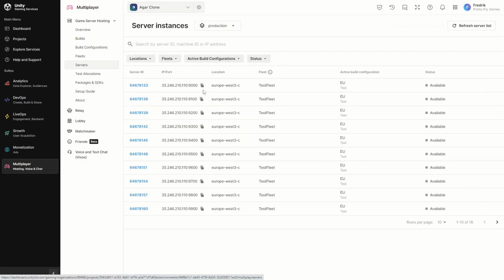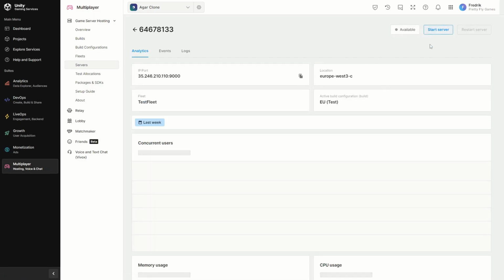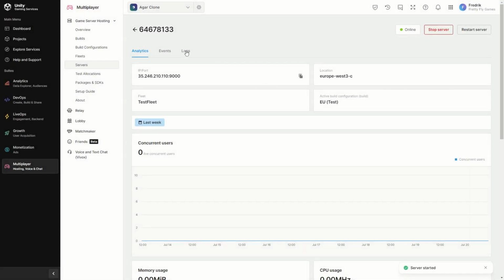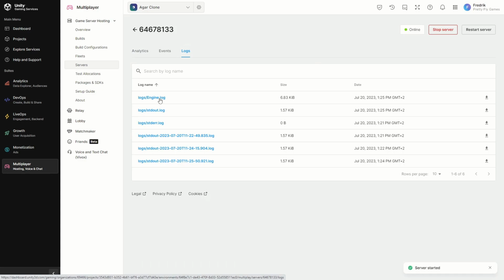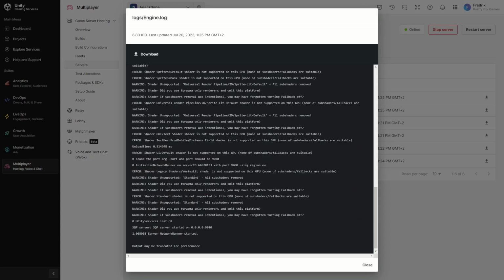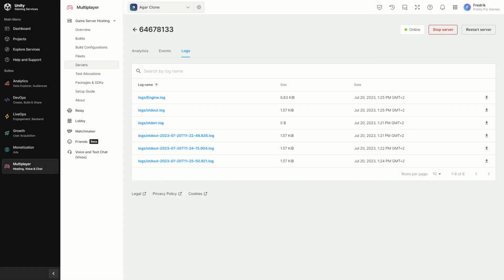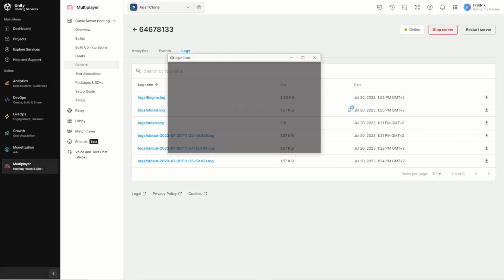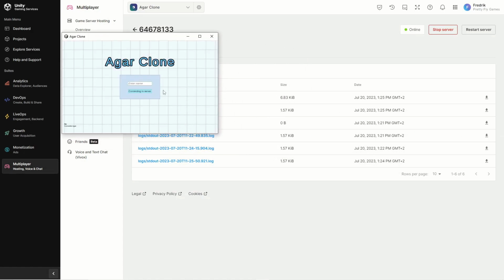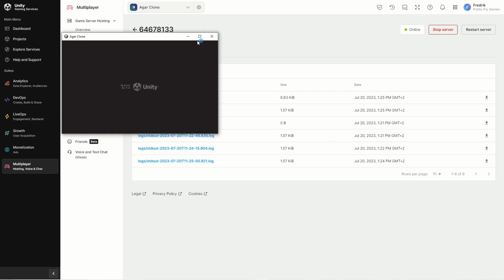Then let's just start up one of the servers. Start server. And then let's wait a second, and then let's look at our engine log, and we can see that, okay, we are up and running, and we have a server ID, which is the correct one, and port 9000. So now we can bring in some clients. So bring in one client and let that connect. So connecting to server, and then let's bring in another client,